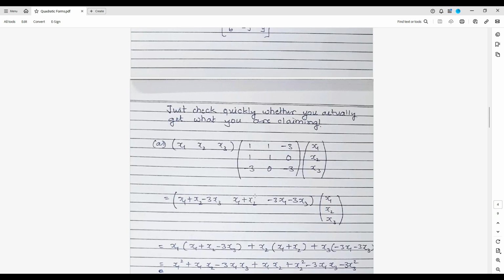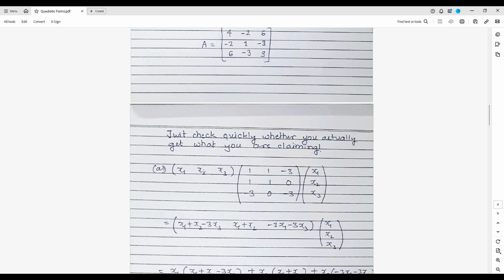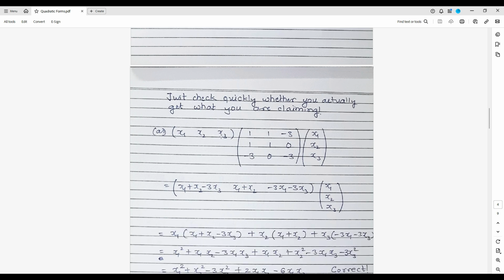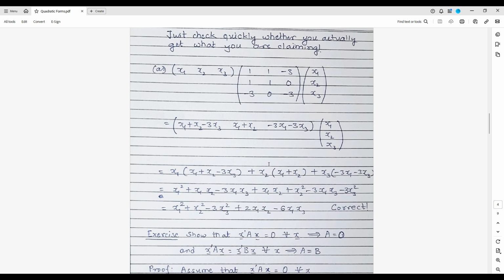So now let us check quickly whether you actually get what you are claiming. Let us check whether, for the first example, if I take x1, x2, x3 like a three-dimensional vector with three elements, and capital A like this, then do we actually get the original one? So yes, you can easily go through these calculations and understand that x prime Ax gives us the